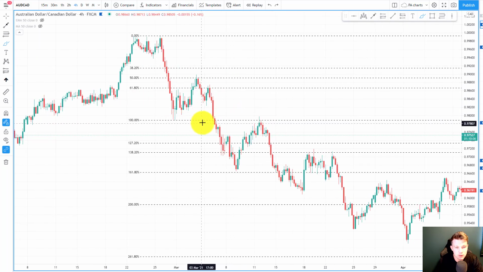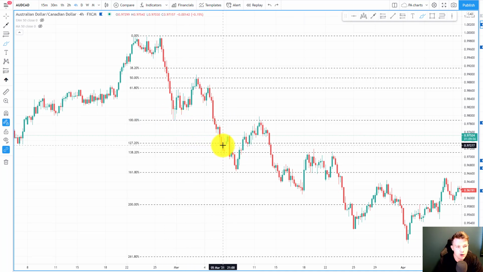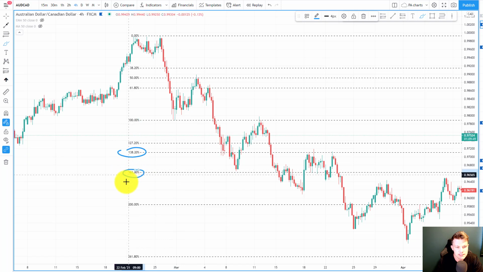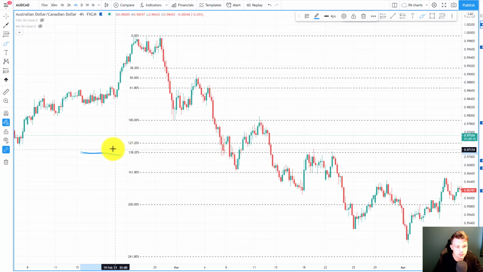And then you can see once the market breaks the 100 level and continues the downtrend, because the market makes lower lows, then we are looking for Fibonacci targets. Very common Fibonacci targets are the 138 and the 161. You can see very nicely the market bounced into 138, retraced a little bit, then bounced to 161 and made a bigger retracement. So 138.2 is a little bit more of a conservative target because it's closer to the 100 or to